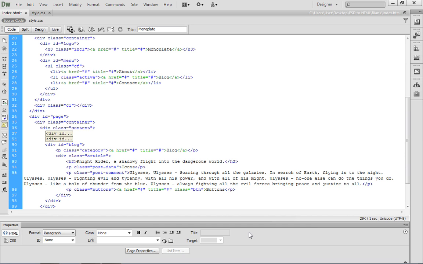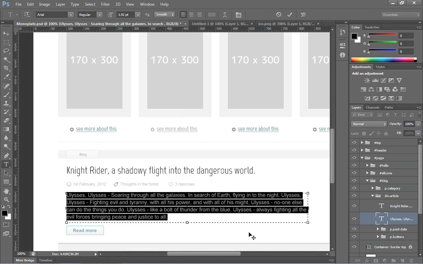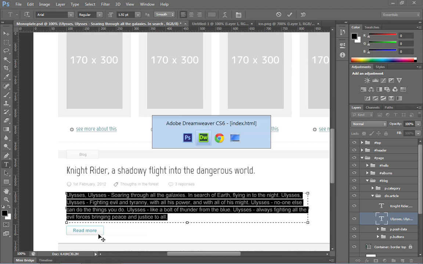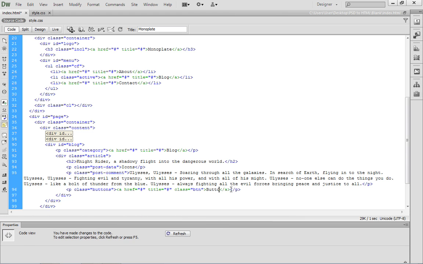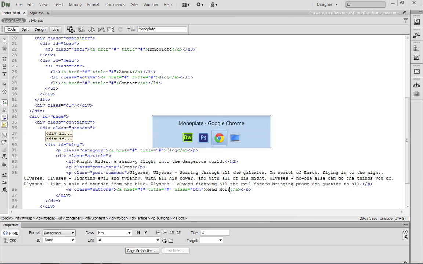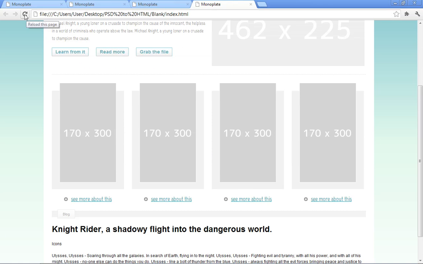Now if we quickly come back to the monoplate.psd file inside of Photoshop, we can see that that button should read more. So let's come back to our editors and change this text buttons to read more. So I think we're in pretty good shape here. If we go ahead and save this and come back to the browser and we refresh or reload the page,